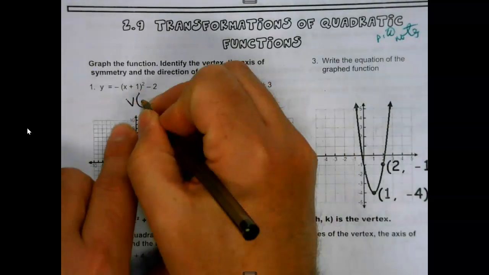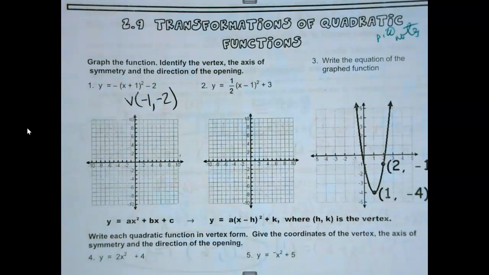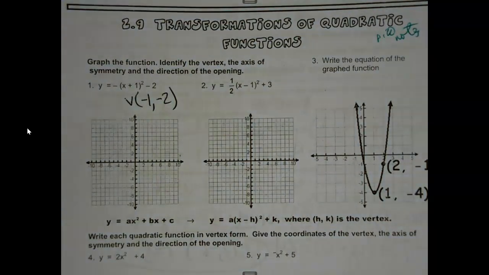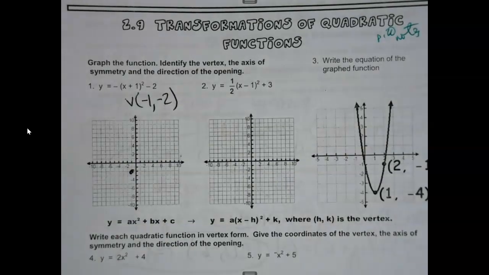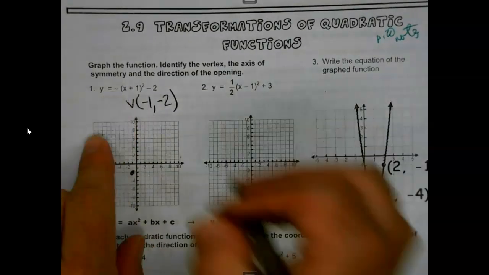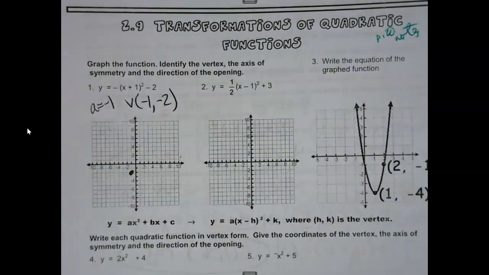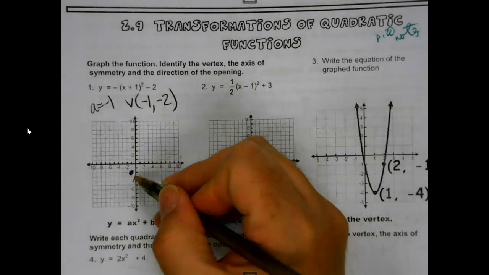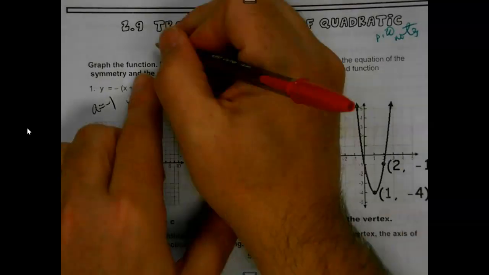opposite of h plus k. So switch it in the parentheses, keep it on the outside. -1, -2. My a value is -1. Okay. Does not mean I go down 1 and go each way, down 1 and go each way. We're not making an absolute value graph. These are the ones where we talked about before